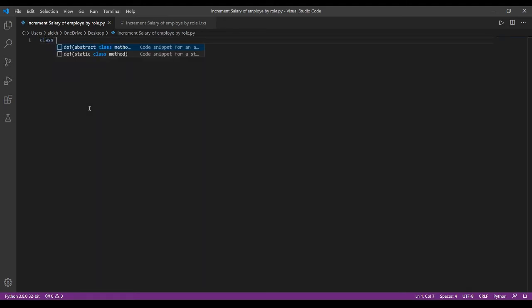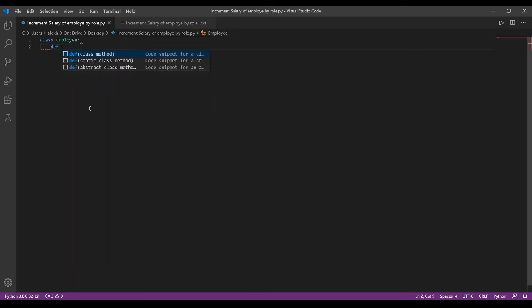Here we are creating the class called Employee. Next, using a constructor. The constructor should initialize the employee ID, name, role, salary. So we are giving in parameters ID, name, role, salary.